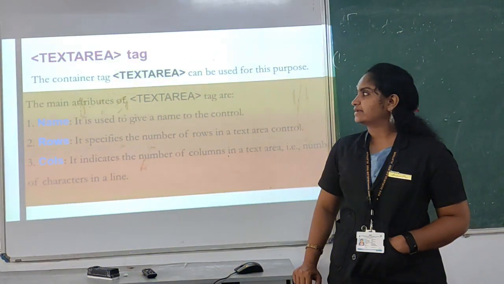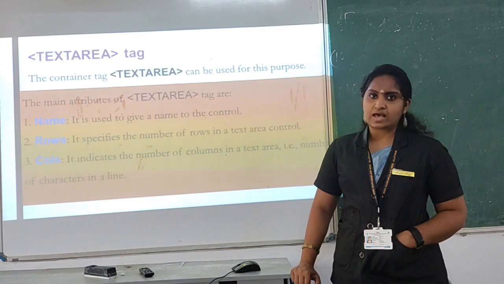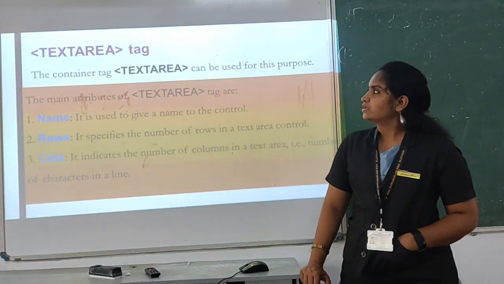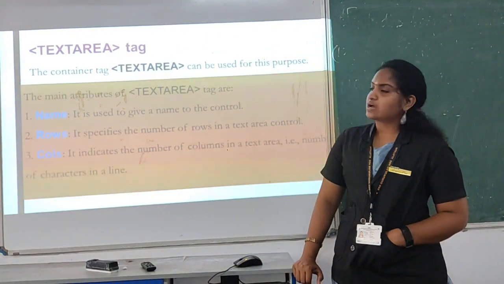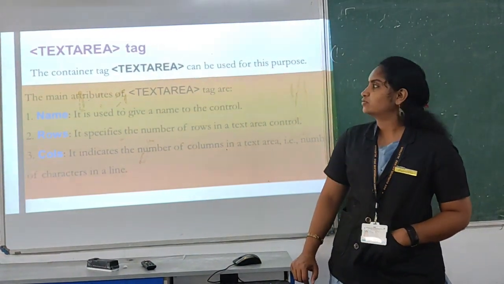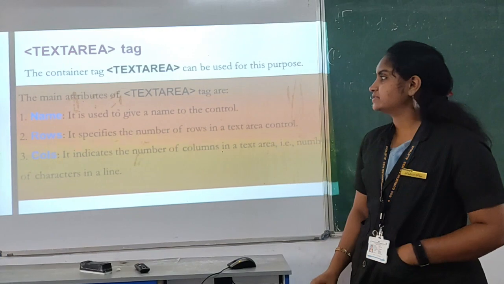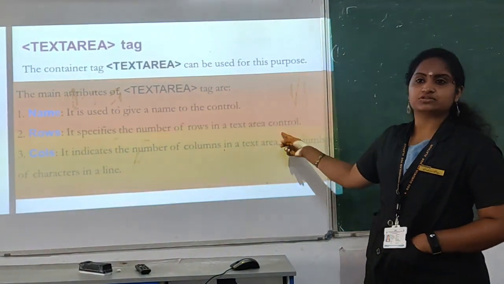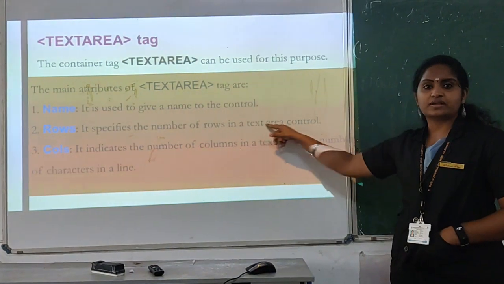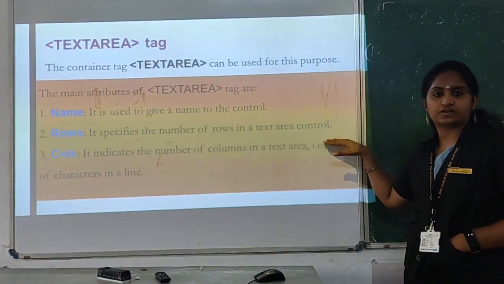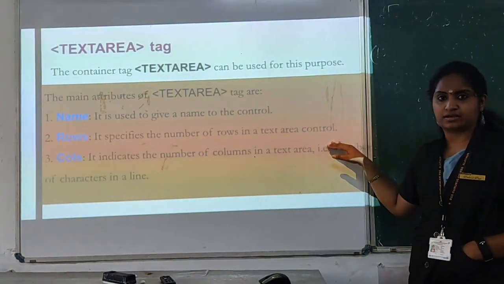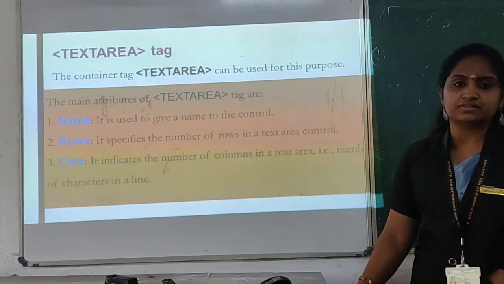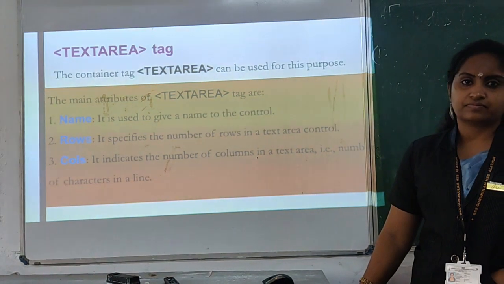And here it is the text area. Another section we have included. The comments you can use in that. Is it? So the text area is also a container tag. The main attributes of the text area: the first one is name, same as the input tag, we have a name. Another one is rows, that is the length of the content which will be displayed in a text area. And columns, which represent the height and width, these rows and columns.